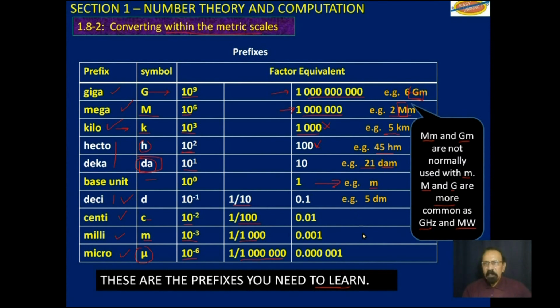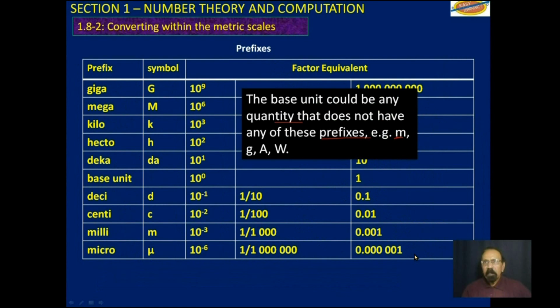Going down, you have 5 centimeter, that is 5 tenths of a meter. Then you have 56 centimeters, that is 56 hundredths of a meter. You may have 45 millimeters, that's 45 thousandths of a meter. And if you have 25 micrometer, that is 25 millionths of a meter. Now the base unit could be any quantity that does not have these prefixes. For example, meter, gram,